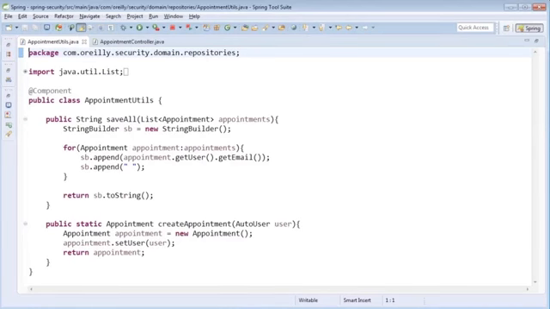In this lesson, we're going to work with Spring Security's PreFilter annotation. The PreFilter annotation allows us to filter collections that are passed into our methods as arguments. So to help us out with this lesson, I have created the Appointment Utils class, which is a bean, as